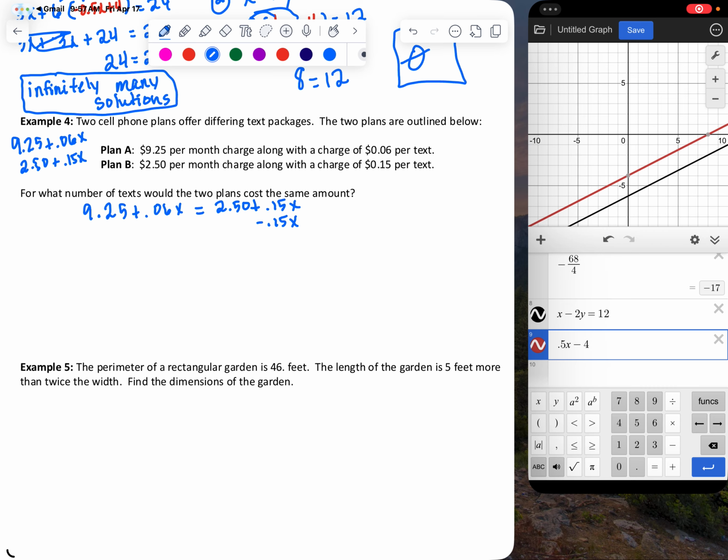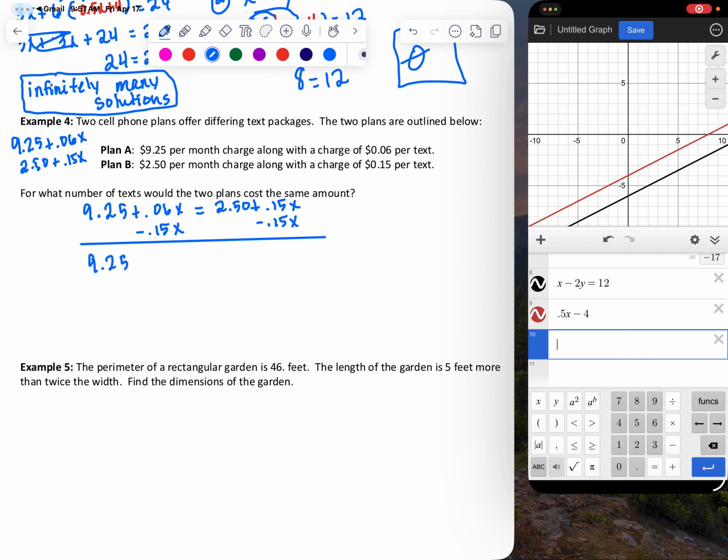I'm going to subtract 0.15x. Now make sure you put that 0.15 under the 0.06. You want to keep your like terms together. So this would be $9.25 and 0.06 minus 0.15 is negative 0.09x,